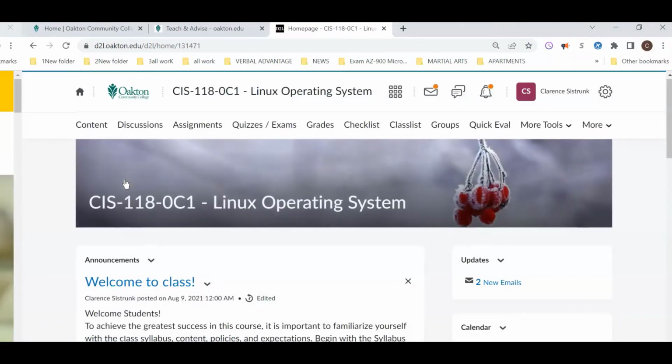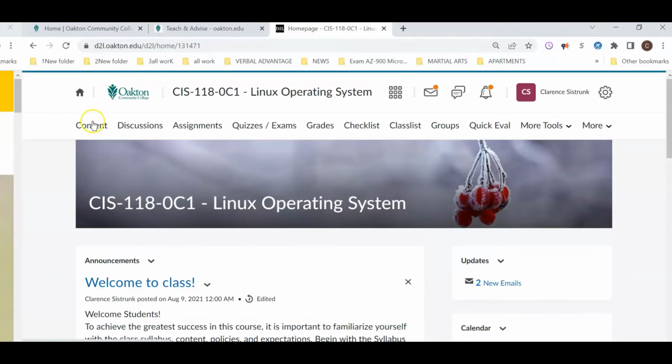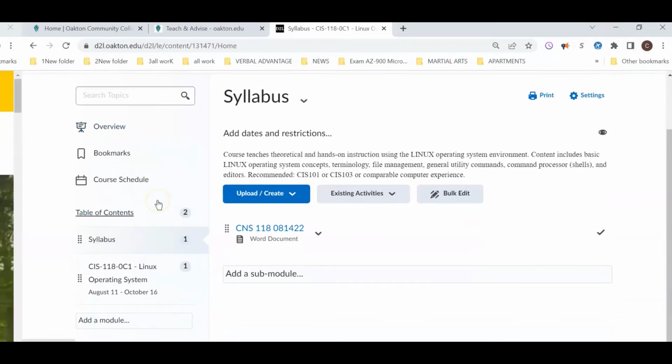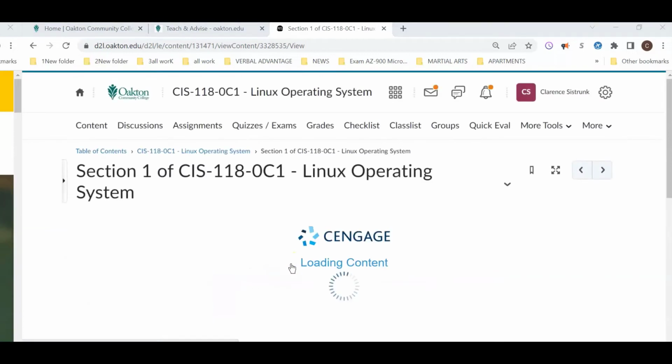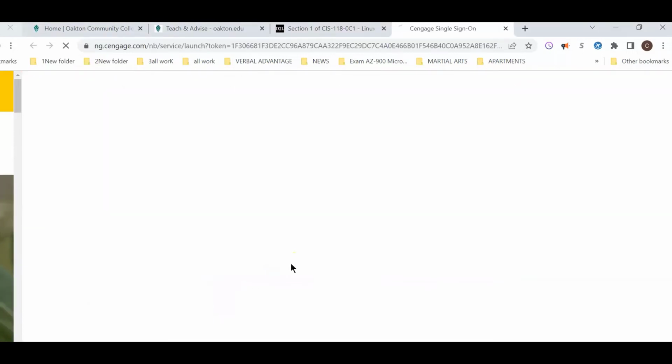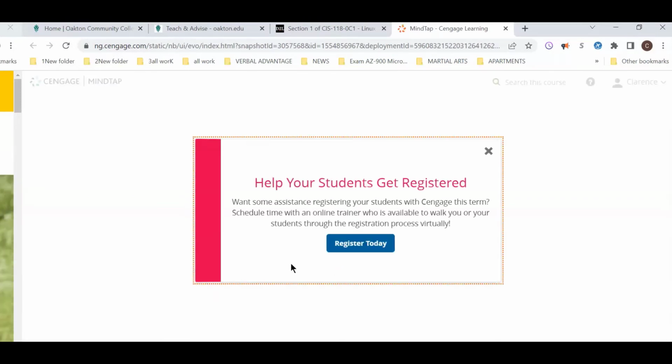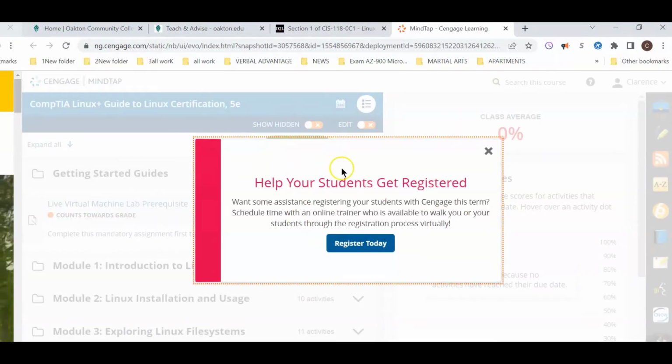So now the individuals in this class will go ahead and click on content, and then what will they do? They will click on the link for the course. They can see it right here. They will click on it. It's always under the syllabus. Then they'll just click on the link. Now, once they click on a link, they will be teleported into an entire course that's worked out for them. And a lot of things are going to pop up.